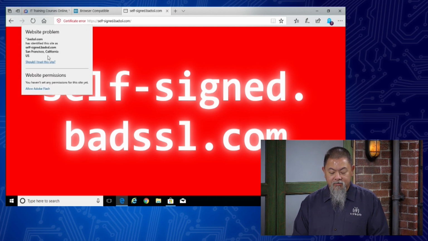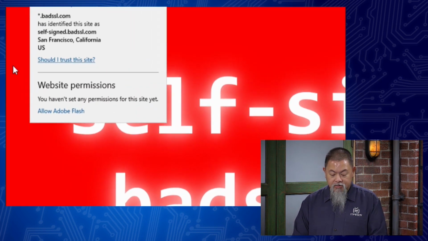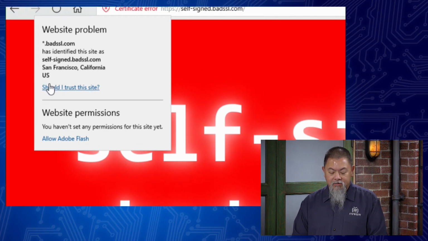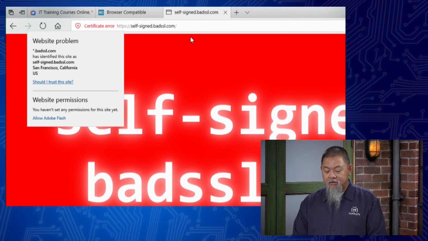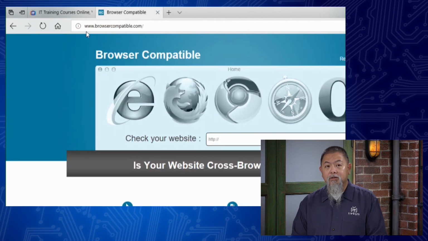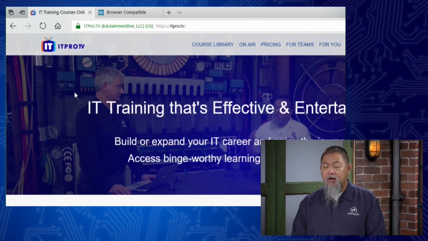And here it is. Here's the certificate error. And let me show you what this one actually shows as well. Okay. So website problem, that's all this one says. And then you could click on that link here and be able to find out some more information. But both of those are something that we should be looking out for as we start to browse around, especially if we're trying to stay connected.